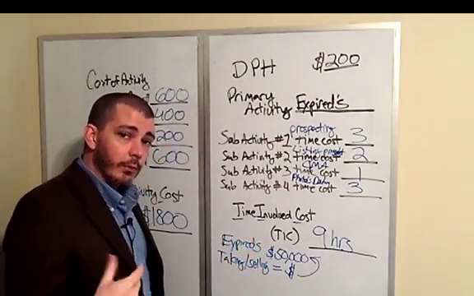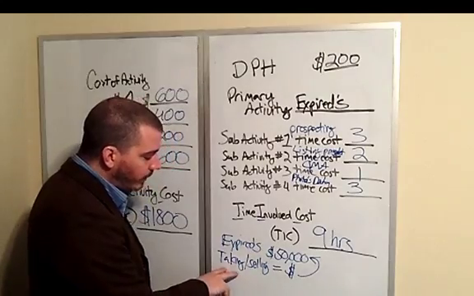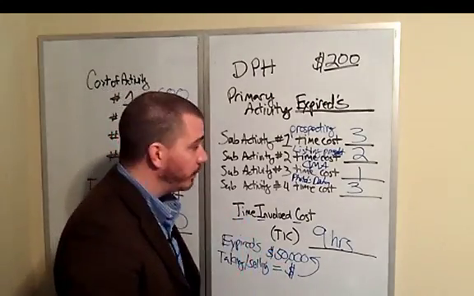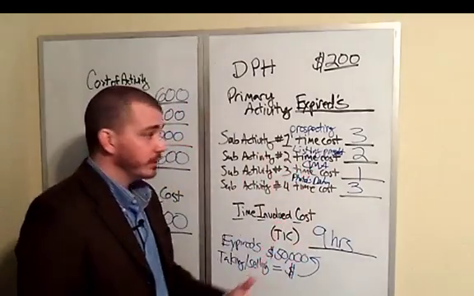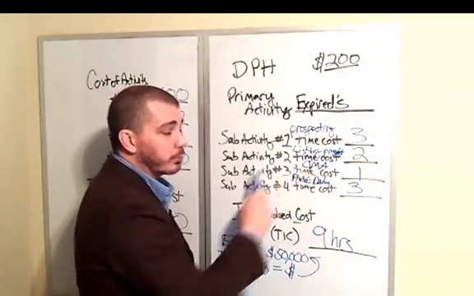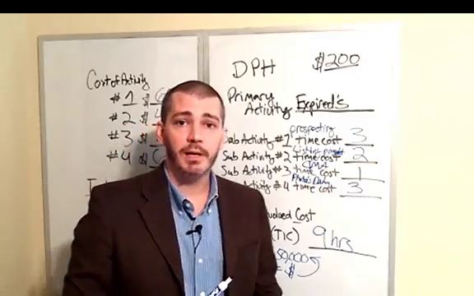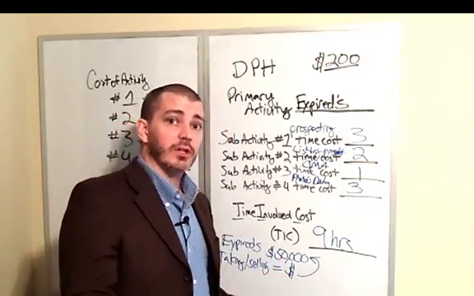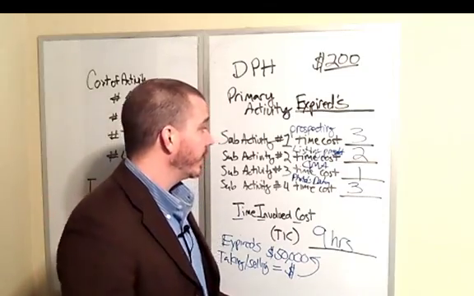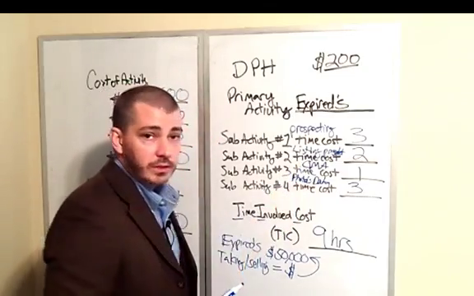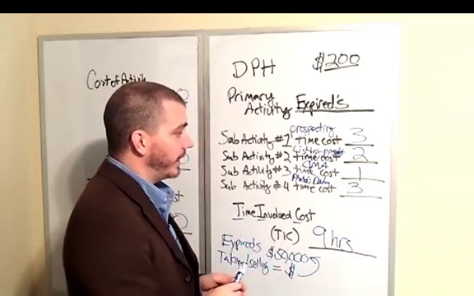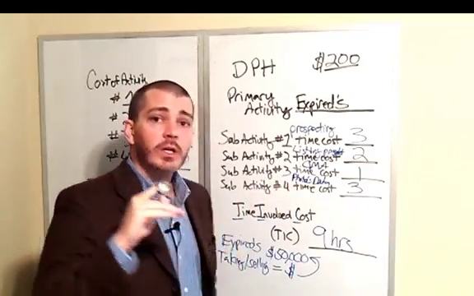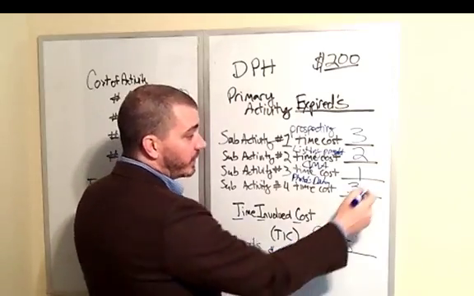Now there's a couple things that we can do here though in order to increase your return. Let's go back and look at this. We can either decrease our prospecting time, which means maybe we get better with our scripts, or we leverage in some marketing. So now we have to factor in the cost again there. Maybe we get better at doing our listing presentation and shortening down that time. Maybe we outsource the CMA. We have someone else do the CMA for us. So this saves us an